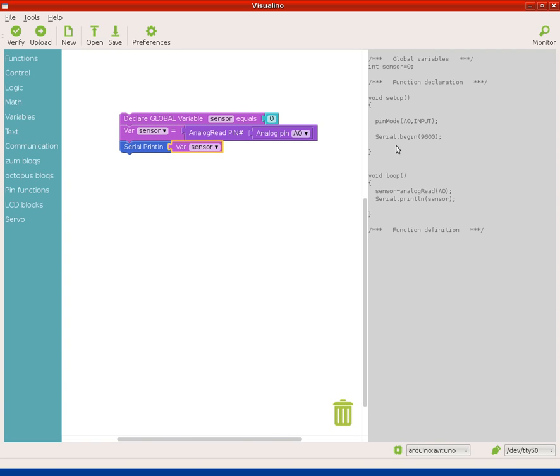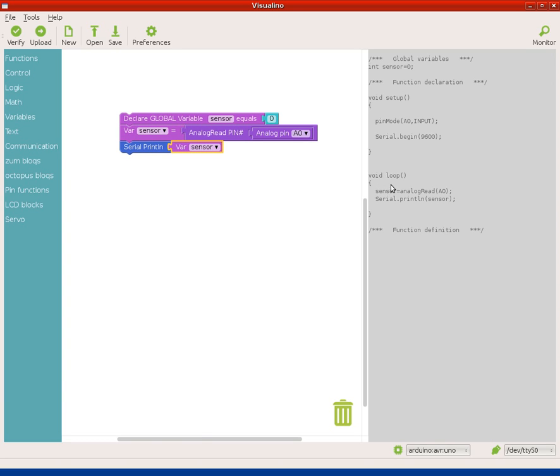But then there's also the serial begin 9600, meaning we are initiating the serial communication at this baud rate, meaning bauds per second. And then the sensor variable updated to the analog read from A0 values, and the printing on the screen in different lines of that value is inside the loop,